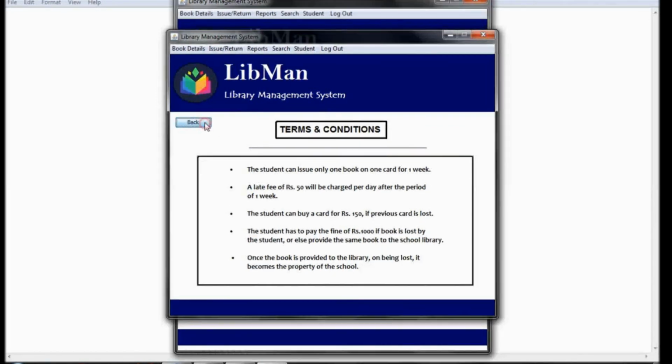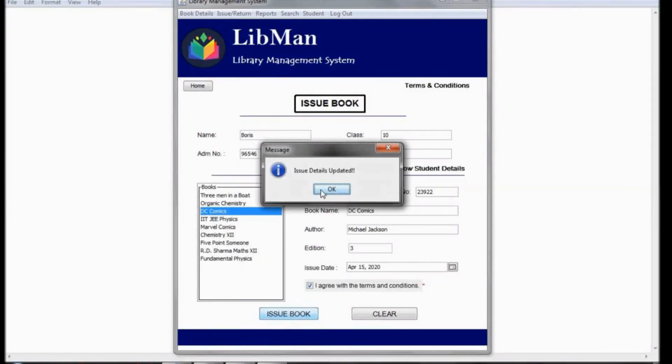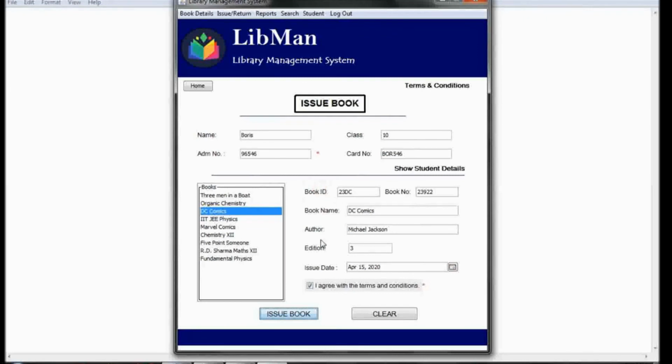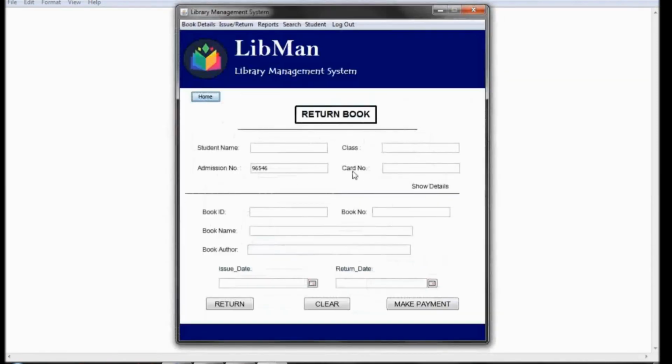So here we go back. I agree with terms and conditions. Issue book. Book details are updated right now. So let's clear and go to issue and return. Here I enter it again, 96546, and return book. So here I can click on show details to show all the details of the book,